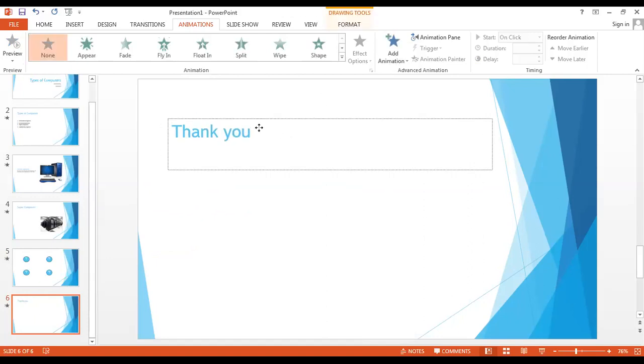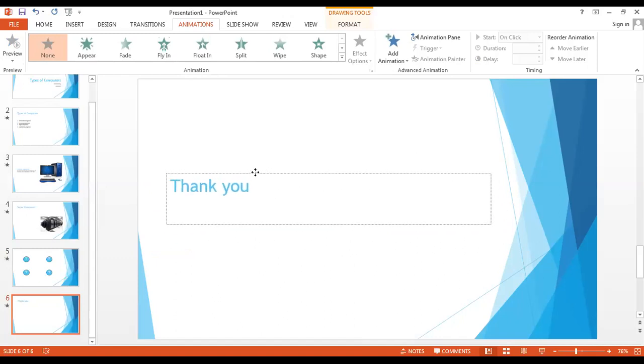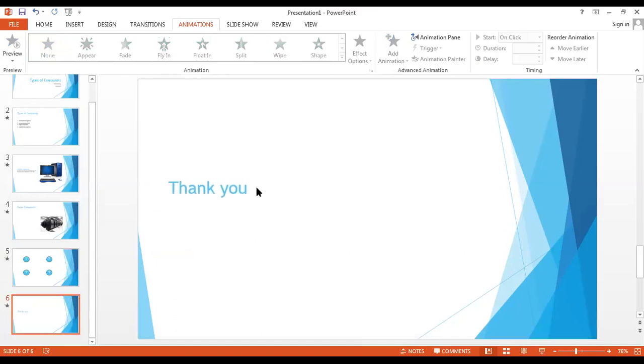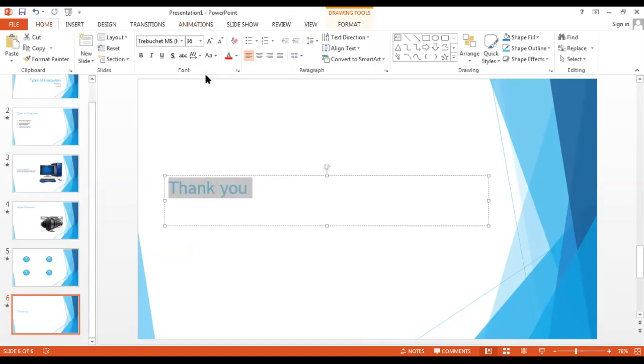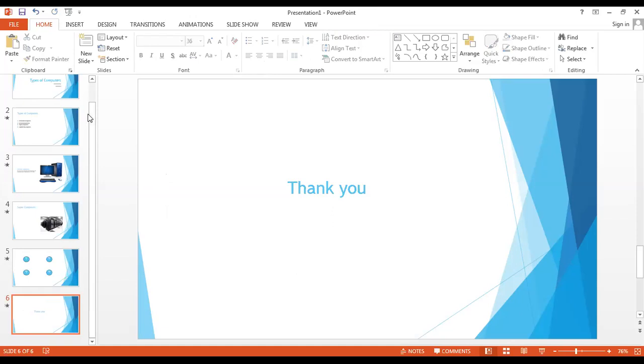I can move this a bit in the center. Okay, if I want this text to be coming in the center, so I'll go to the home tab. Here we have the paragraph, and here we have the center content. I'll select this, right? So it is coming in the center.